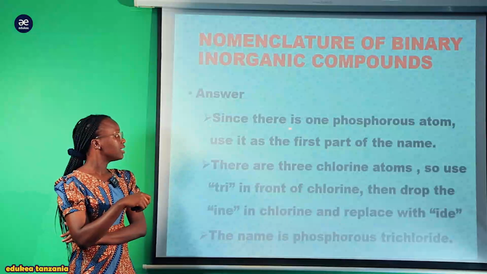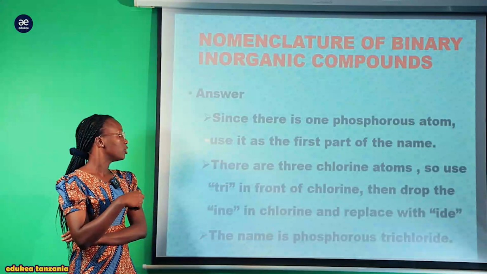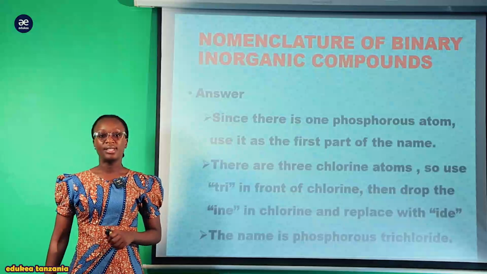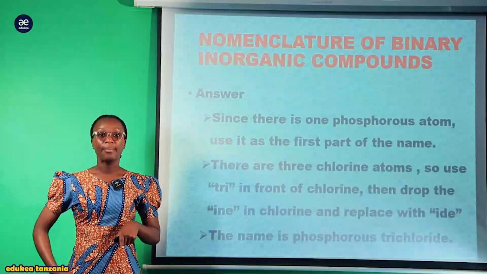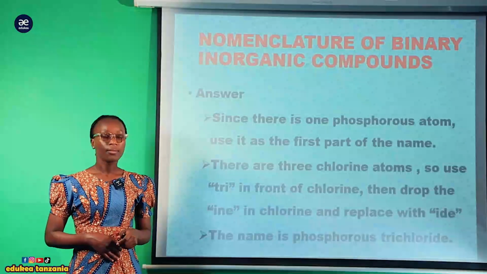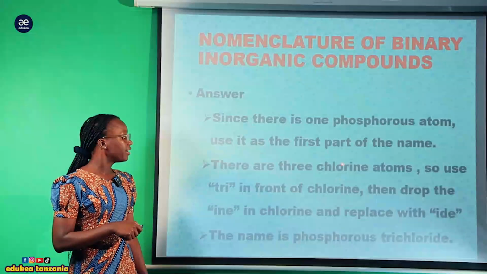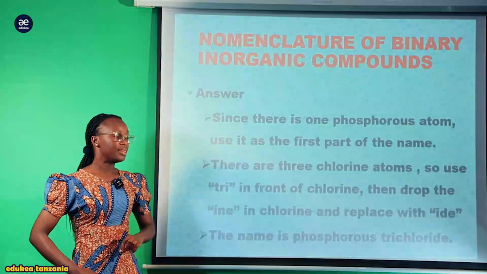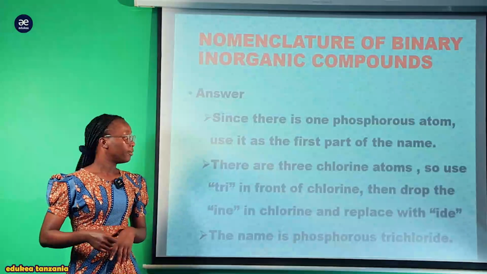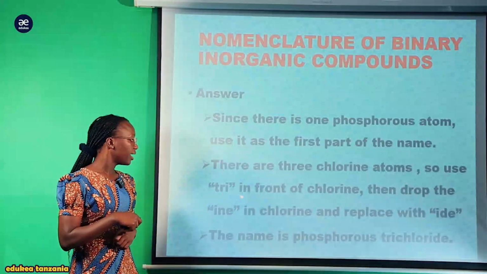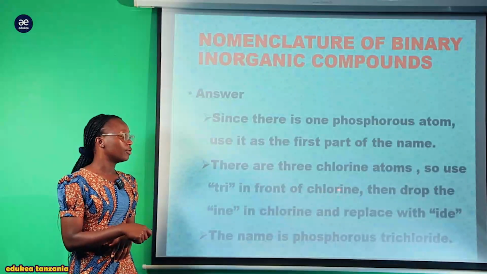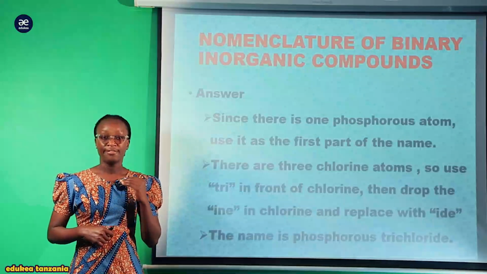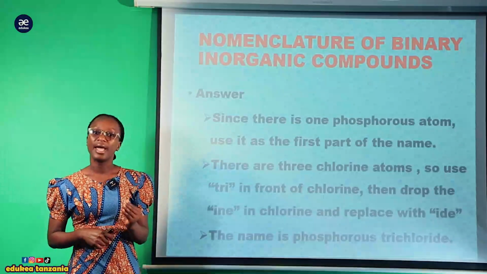The first is, since there is 1 phosphorus atom, use it as the first part of the name. Kwamba ile phosphorus inakuwa kama ndo the first part of your element. And there are 3 chlorine atoms, kwamba zile atoms za chlorine zipo 3. So, and this will be the second part of your formula. So use tri in front of chlorine, kwamba kabla hujaandika chlorine unatumia sasa zile prefixes ambayo tunatumia tri kwa sababu